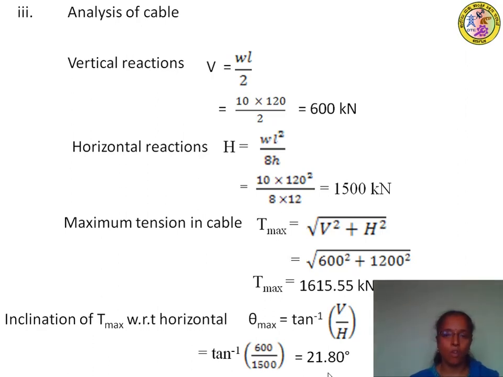That completes the module 5, wherein we have analyzed arches, both parabolic, 3-hinged arches, both parabolic and circular arches, and having their supports at same level as well as at different level. And then we have analyzed cables having supports at same level and different level, subjected to point loads and UDL. And now we have analyzed suspension bridge stiffened with the girder. That completes the syllabus for module 5.